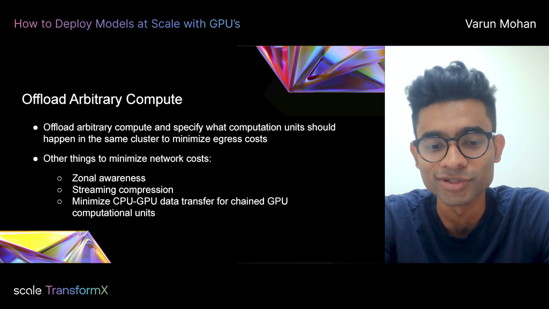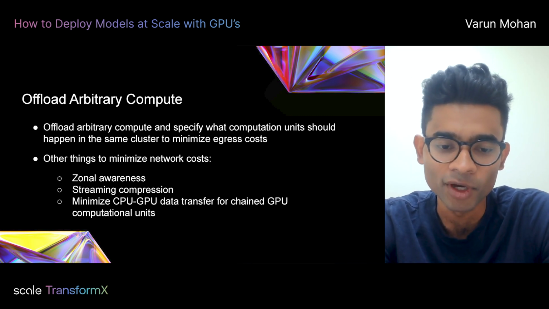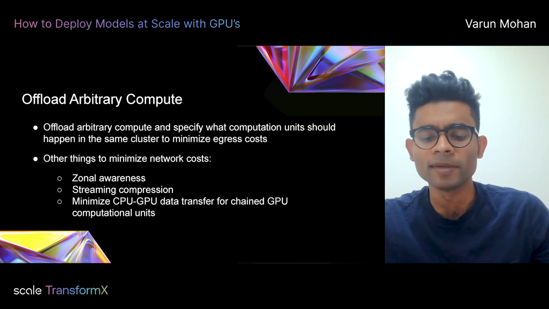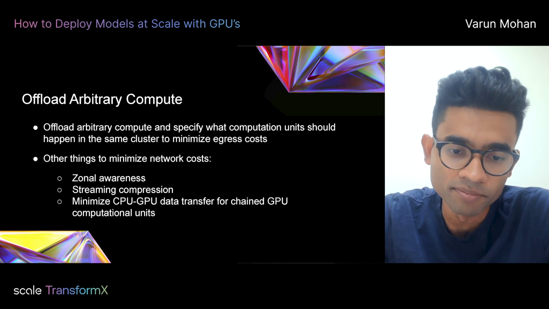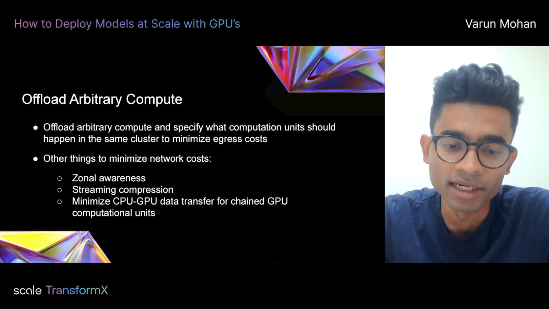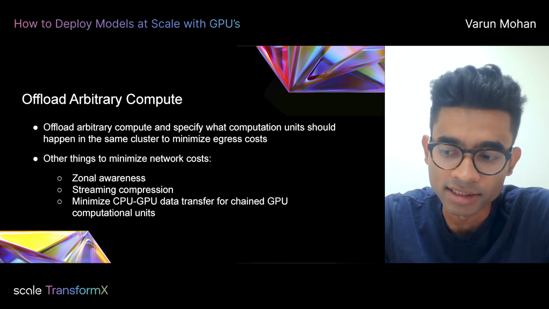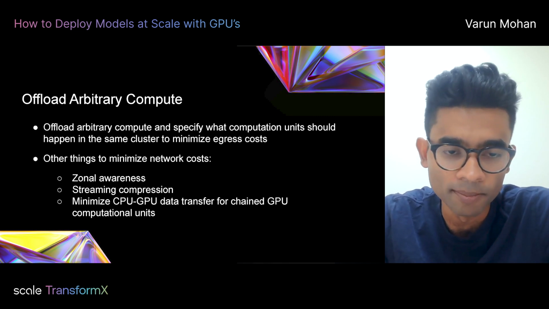And that's an interesting trade-off, right? You don't want to end up spending a lot of time doing the compression on the client side and burn a lot of CPU as well. And then finally, another interesting idea is to keep the data on the remote machine for as long as possible if you're running a computation on a GPU. Instead of copying the data back and forth, see if there are ways of running things, keeping the data on the remote GPU as long as possible.